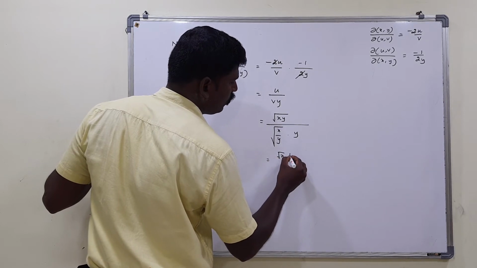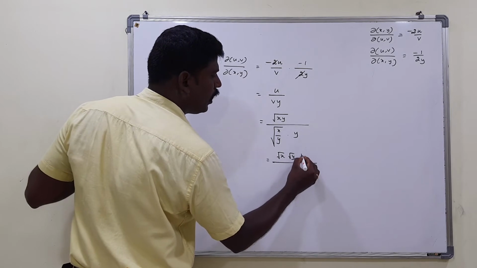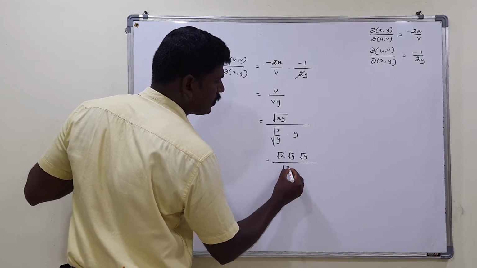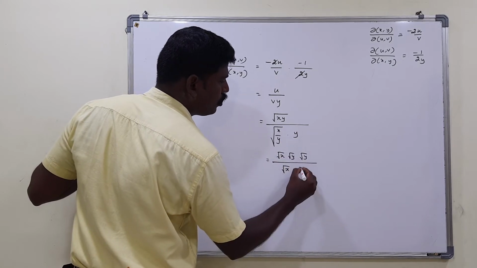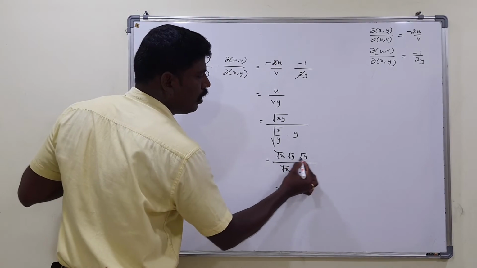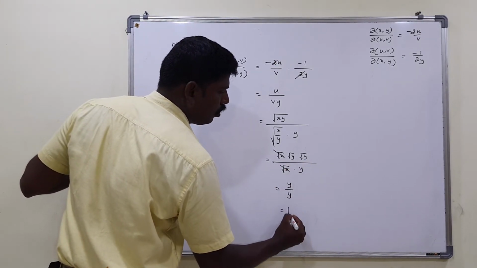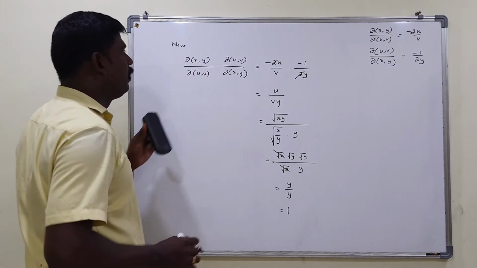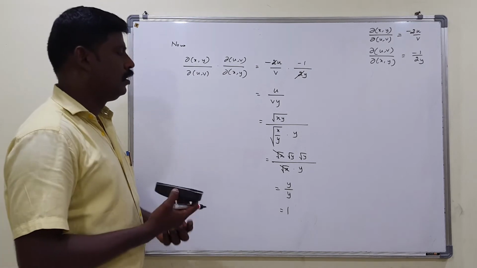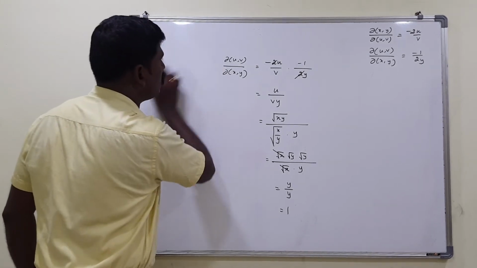So root x into root y divided by this root y goes to the numerator. So again it becomes root y. What is in the denominator? Root x is in the denominator and also this y in the denominator, isn't it? We can strike out this root y with root y. The product between root y and root y by y is equal to 1. Therefore, the product between these two becomes 1. So thus we proved the result. Okay, that's all. Most important question also.